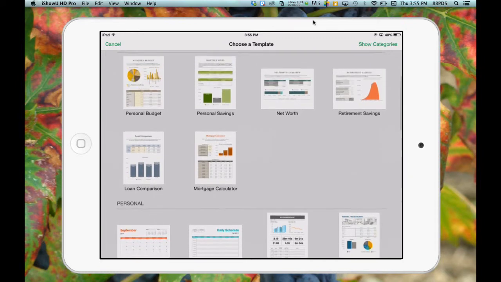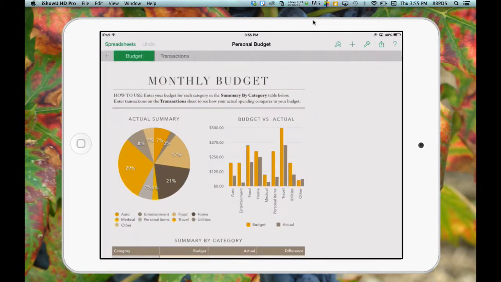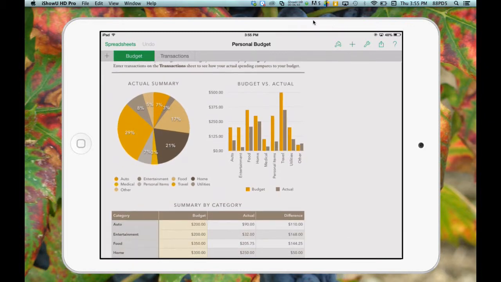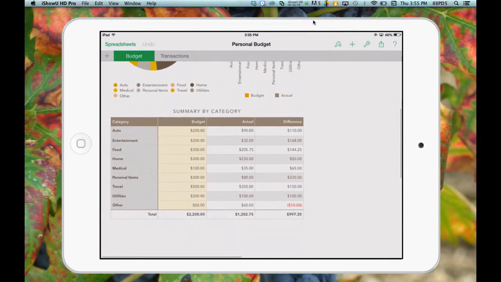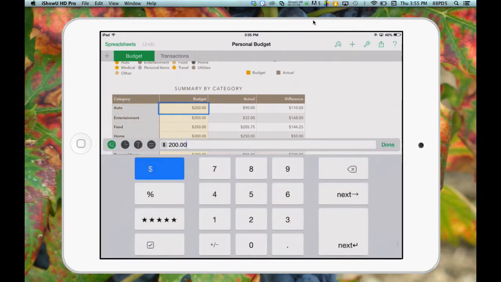What we're going to look at is this personal budget one. If I tap on the personal budget, it's going to go ahead and open up. And like I said, it's already filled in. So the great thing about it is, if I come down here to this category, let's say, and tap into my budget,